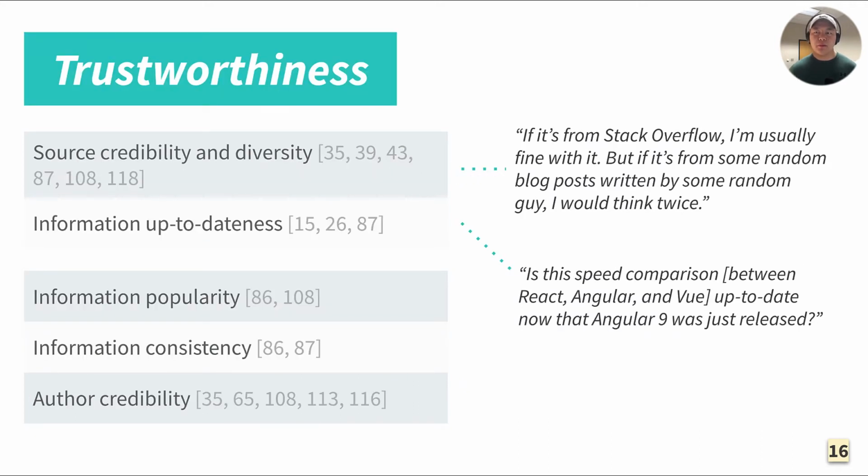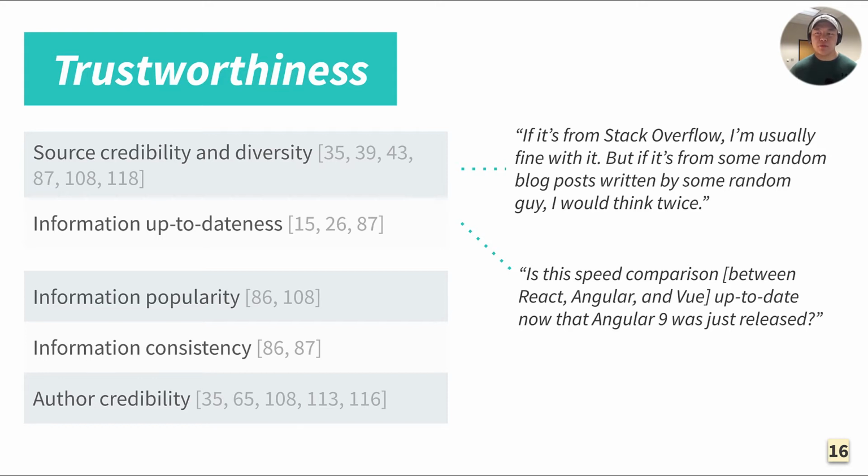Second of all, trustworthiness, which intuitively plays a huge role in the reuse evaluation. The credibility of sources is one aspect of trustworthiness. For example, developers are more inclined towards trusting information from official sources or those with good reputation, such as API documentation or Stack Overflow. In addition, it is also very important that the information used by the author was up to date, which is especially true in today's software development world, where languages and libraries are constantly being updated, and older versions could quickly be rendered obsolete.